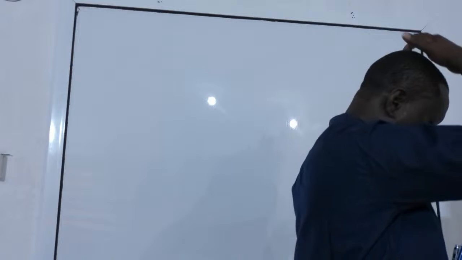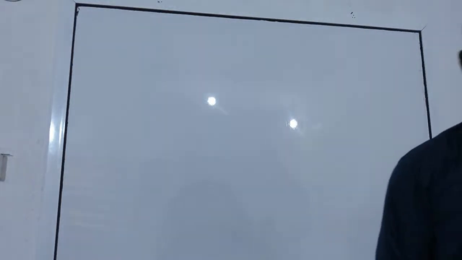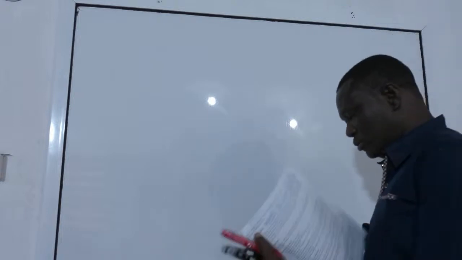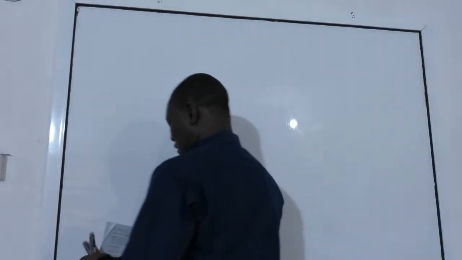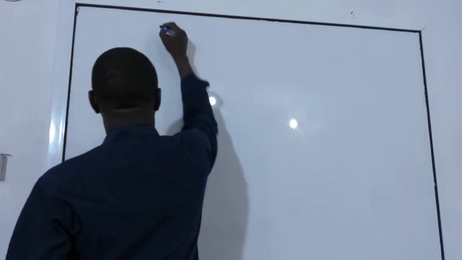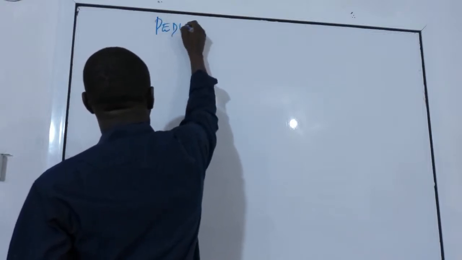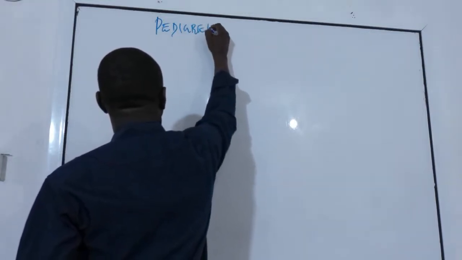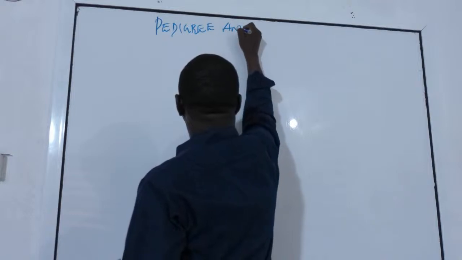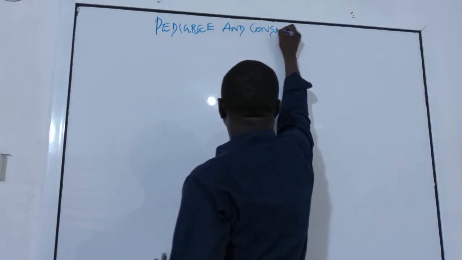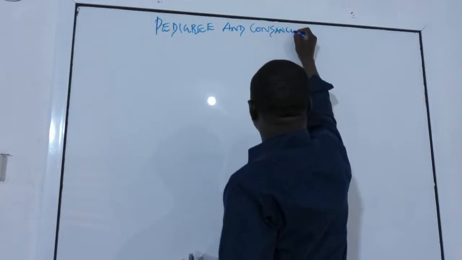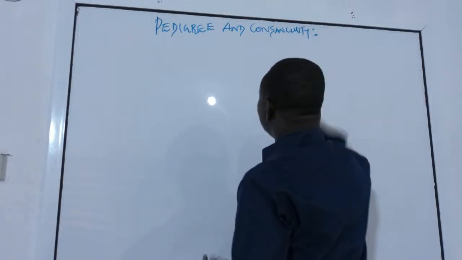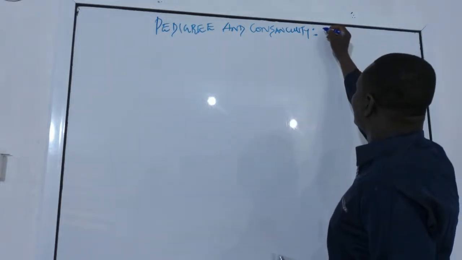This is another opportunity to come online and follow up with our discussion in genetics. Today, I've come on a new ground with a very captivating title, which is still on pedigree and consanguinity. Pedigree and consanguinity. So we want to make use of these two as tools